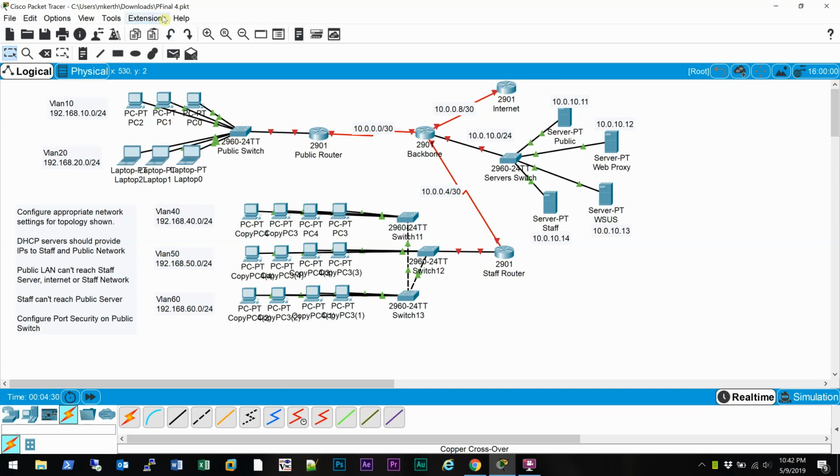Alright, so right now I have open the practice file 4 that you can download on Brightspace. This practice file is really close to what you're going to see on your final hands-on on Monday. So let's run through this and go through all the configuration steps that you'll need to do for